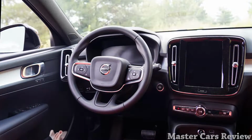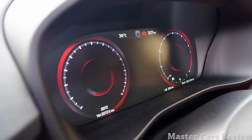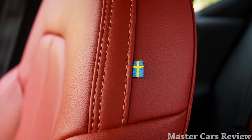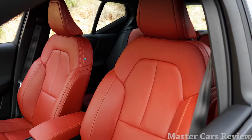Now stepping into the XC40, you're welcomed with this fancy and comfortable Swedish interior. It all feels nice and familiar to other new cars. You've got a display here and a touchscreen in the center, until you dig deep into the details. It's all beautifully done with the extensive use of high quality leather and fine aluminum pieces here and there. Now there's a lot of attention to the smallest details in this car that you don't see in, for example, the German brands in this segment. I personally am a big fan of this particular spec with this very bright Oxide Red, which works really well